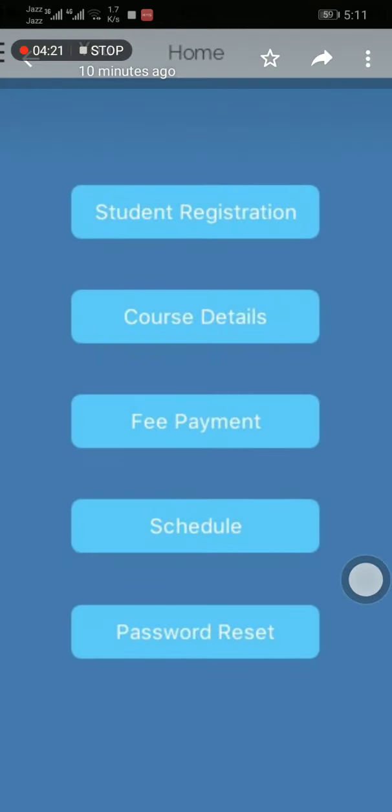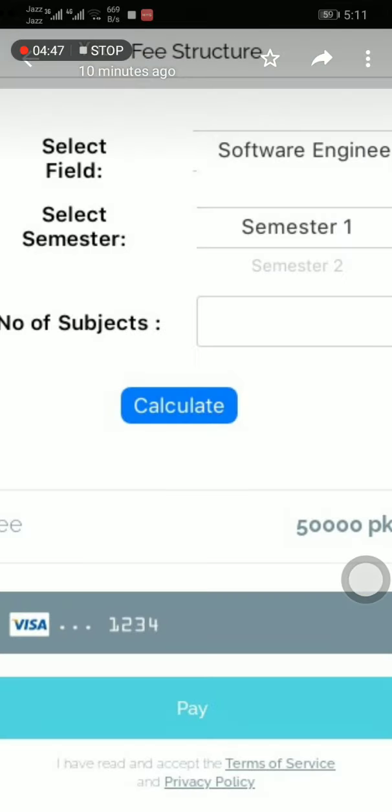This course will be saved on our database and will be registered to the corresponding student who is logged in right now in the system. For example, you want to pay the fee. You can pay online using Visa or MasterCard or whatever the system is. You will go to our home page and click on the fee payment button as shown in the middle.